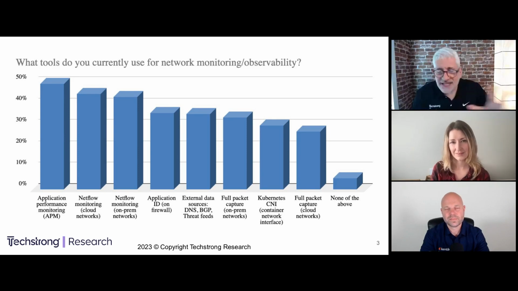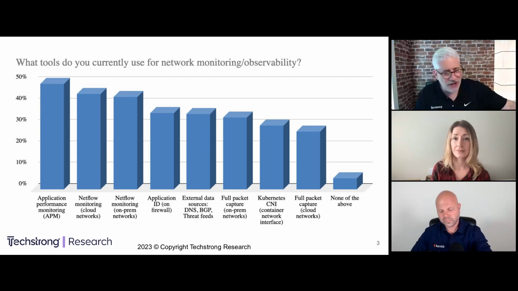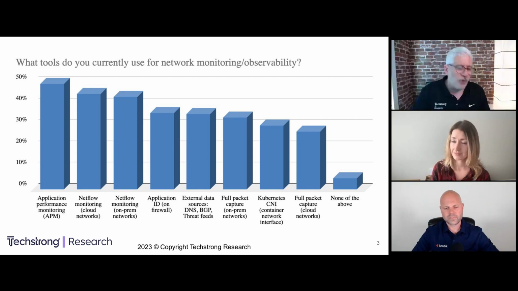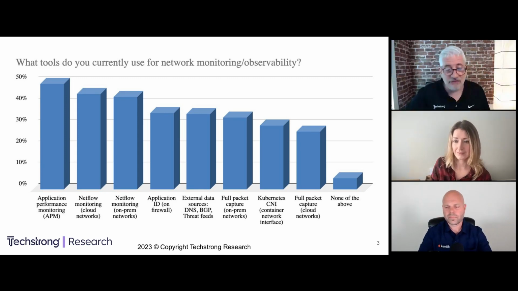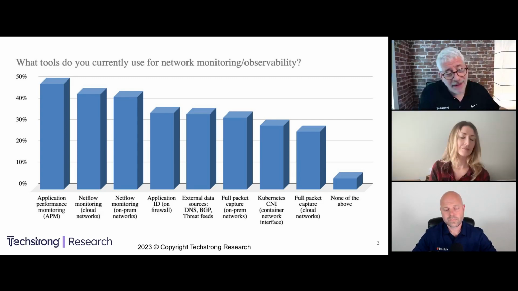But again, when we look at the tools that folks have and what they use, is this just a matter that folks use the path of least resistance, which is, my application folks already have an observability or an APM thing, so I'll just use that? Or my network folks have been able to give me the NetFlow data, so I'll just take a look at that, maybe in my SIEM, because that's the tool that I have. So again, we look at this, and what kind of jumps out at you guys?